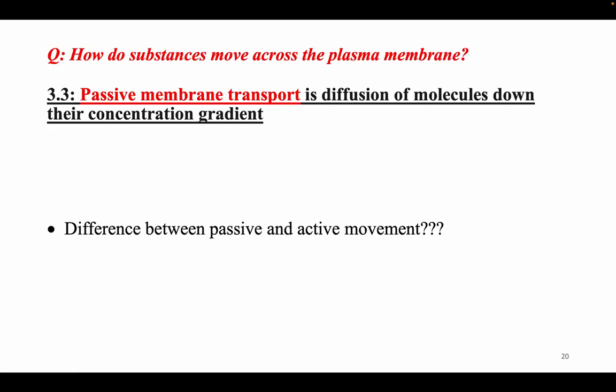What is the passive transport system? Like the name is telling you, it's passive. There is no energy required for the passive transport system. The molecules just diffuse